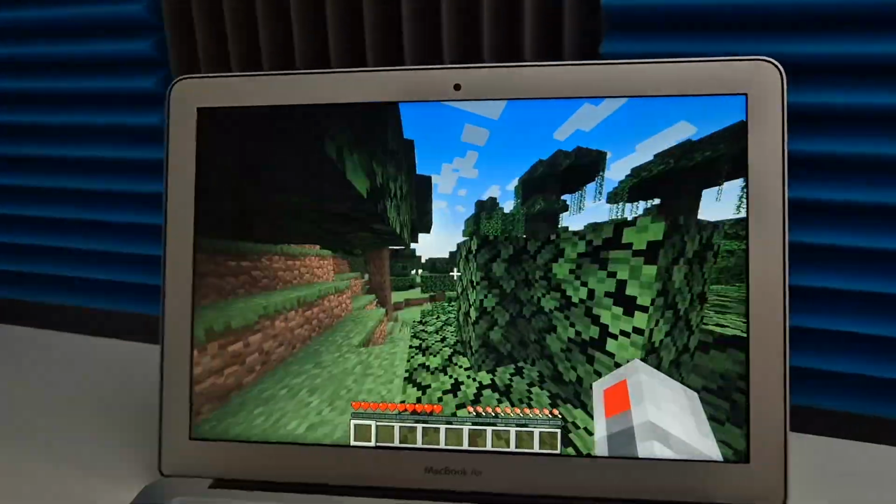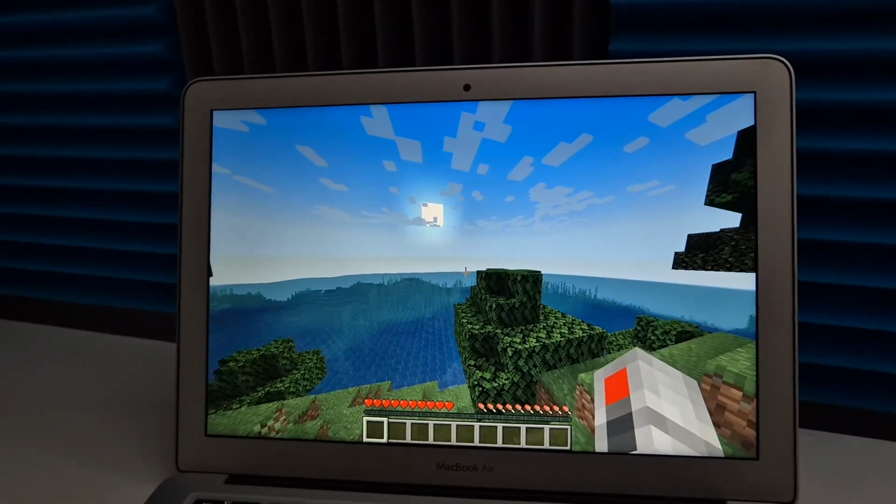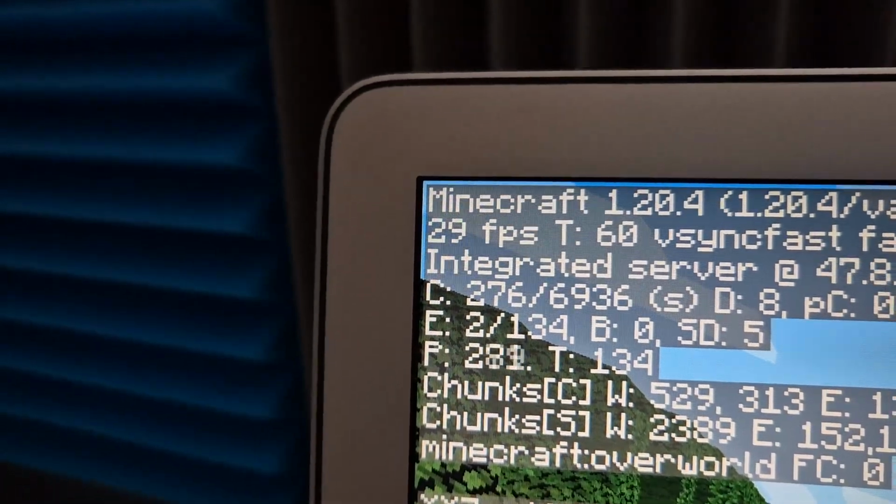I could play this. Think about how slow Minecraft has been on like the G4s and stuff like that. We've seen much slower Minecraft. This is definitely playable. Let's have a look at the frame rate. 27 FPS, but this is